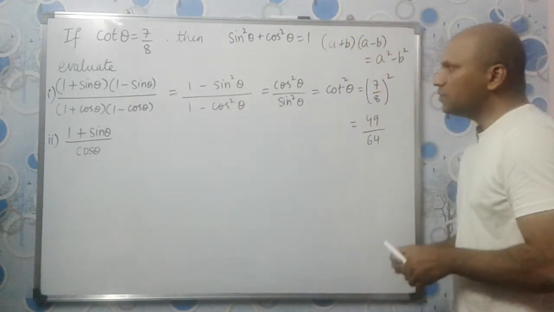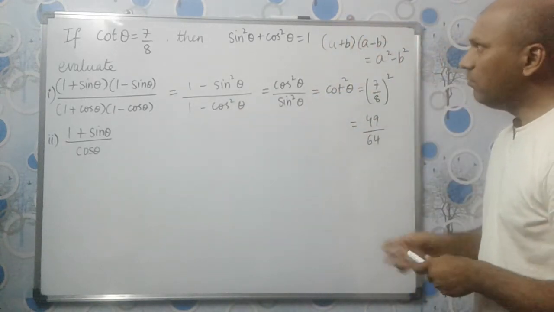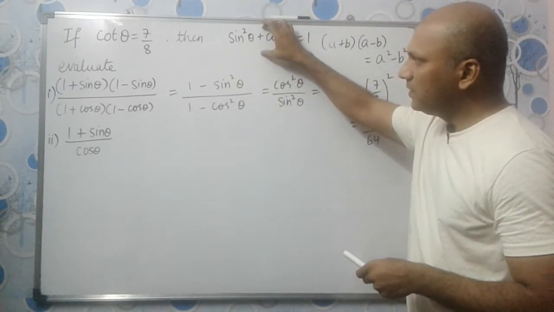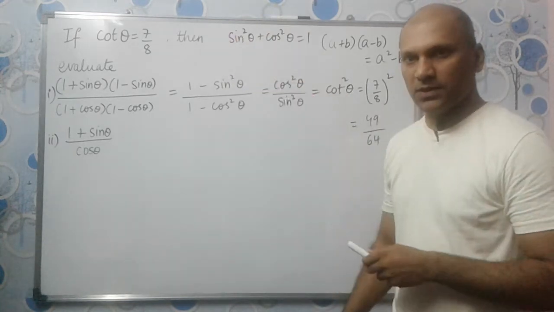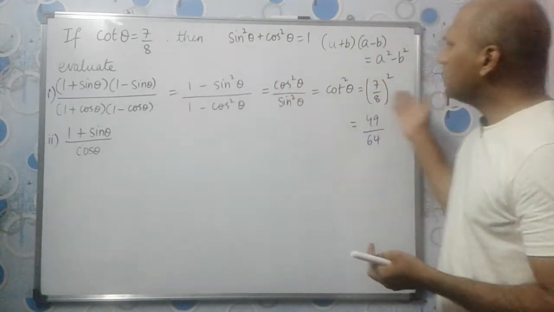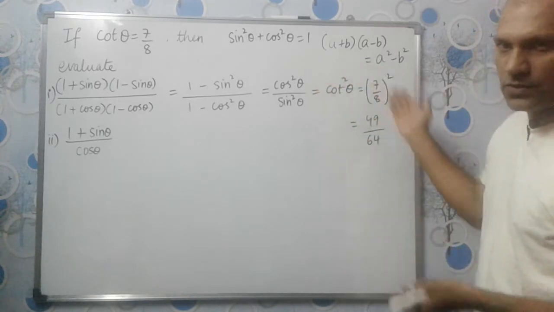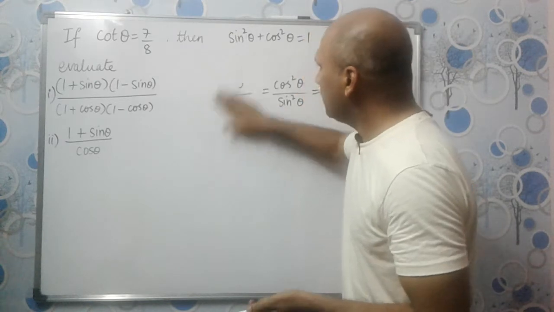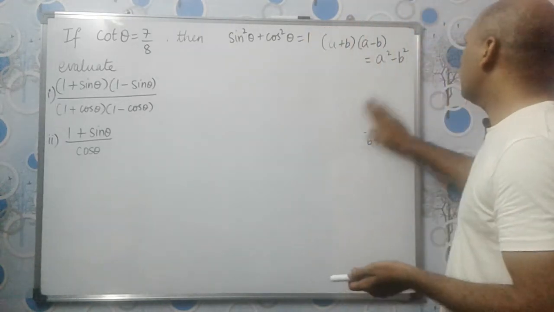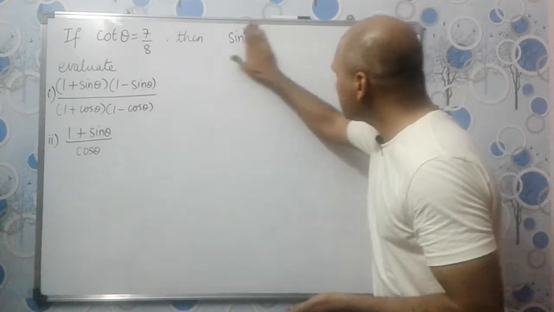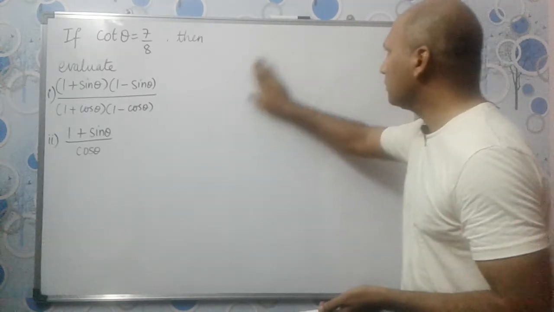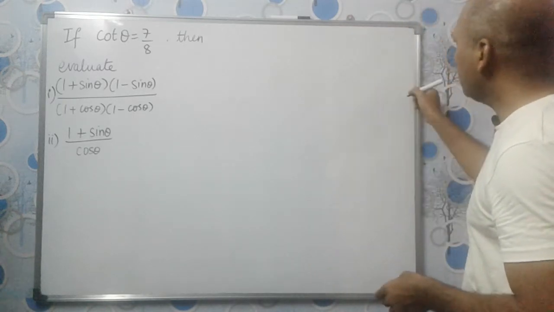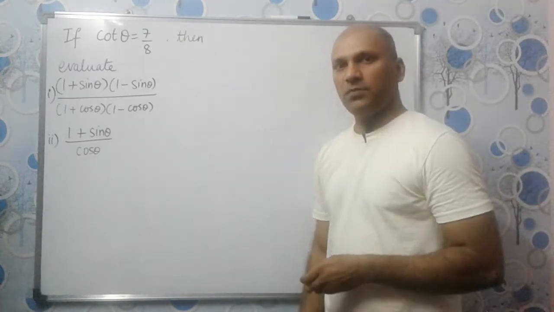So this is one method of solving this problem, but we did not learn this formula yet. We are still doing the first exercise problems. So if you understood this and if you find this easy, go ahead and solve the problem in this method. You will still get the marks. But like I told you, we are still in the first exercise. We will not use the sin square plus cos square is equal to 1 formula. We will use our standard procedure, drawing a right angle triangle and finding the third side using Pythagoras theorem.